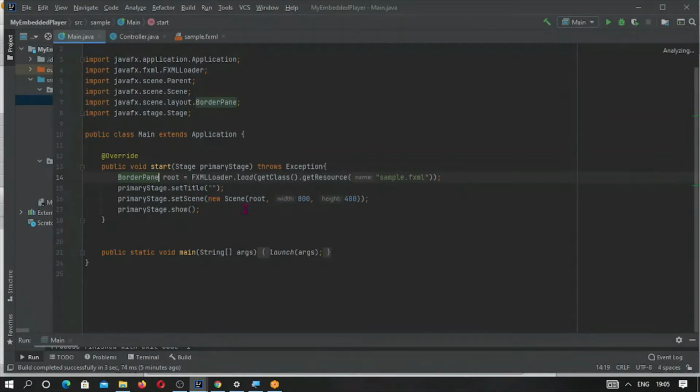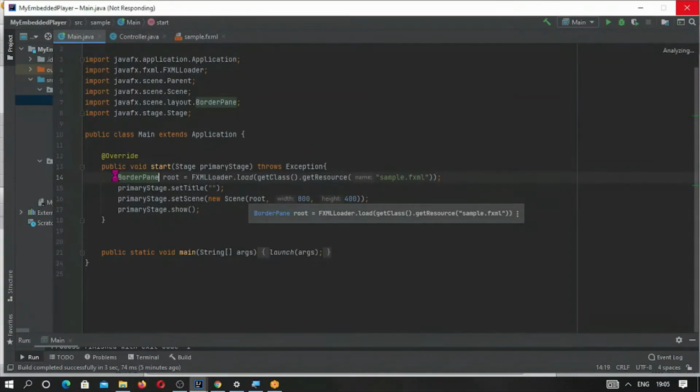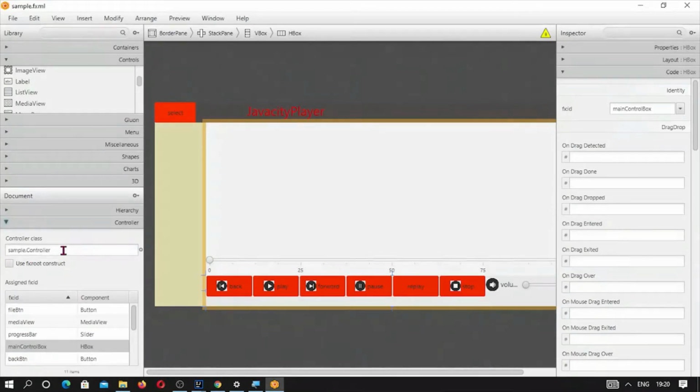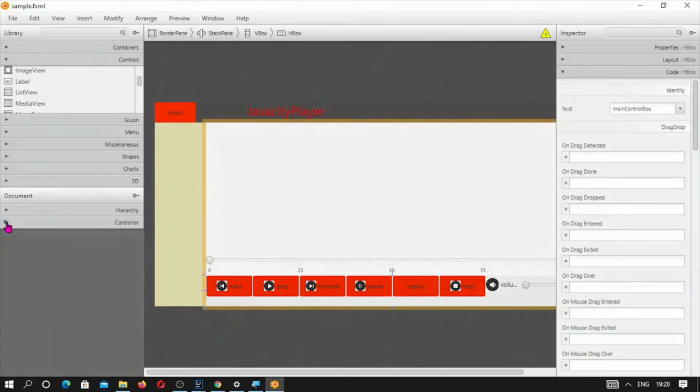This is the root width and height dimensions, and this is the object name of the border root. Each node in JavaFX extends to Object, as I have already explained in my previous video. The controller has been defined here, sample.Controller, and once you define the controller class path to this fxml, automatically it will inherit all the given properties.